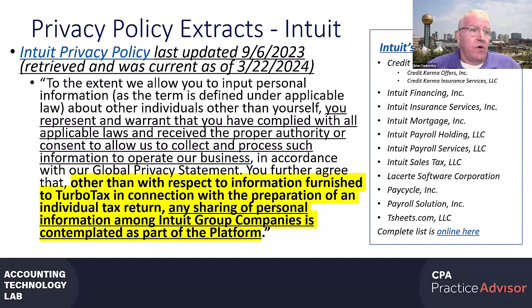Okay, and so I just kind of mentioned this to you here because you may not know that Intuit, I think, did this to comply with GDPR and allow them to still do some of the things they do with privacy. But I want you to see that they allow the sharing between all these different companies. So you may have data in Credit Karma that you didn't even realize was shared about you, and this may be part of the way it got there.